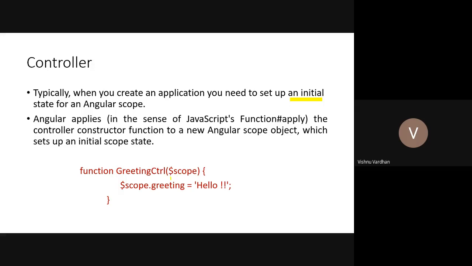There is a $scope object, which is a global object. To this global object, we are attaching one thing, which can be treated as a property. This property is given the value hello. So whenever you call this $scope.greeting from anywhere in this Angular scope, the respective attached value can be retrieved. That is the whole understanding.